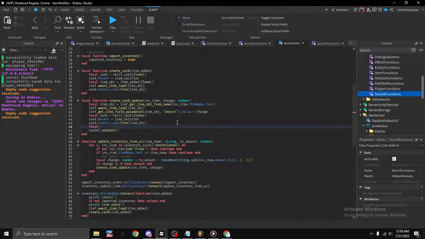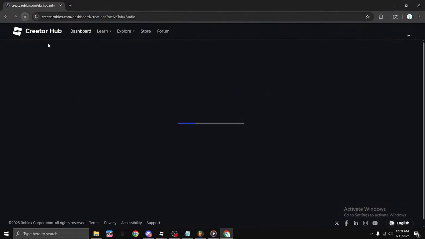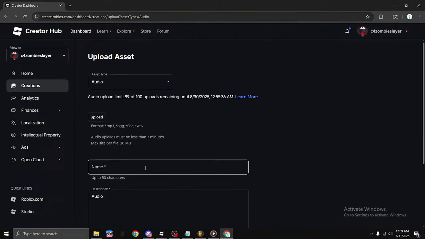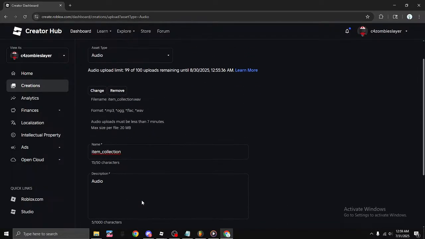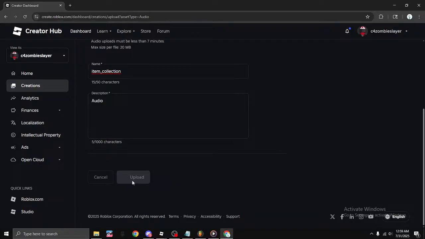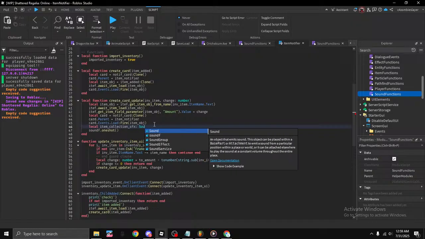and we'll call this one the sound effect, or what did I call the sound effect actually? Whoops, let me reload real quick. It should pop up at the top. Oh, did I forget to upload it? Let me re-upload it real quick. Item collection. Sometimes it doesn't upload correctly, and you gotta re-upload it. Uploading. Okay, for now, item collection sfx,